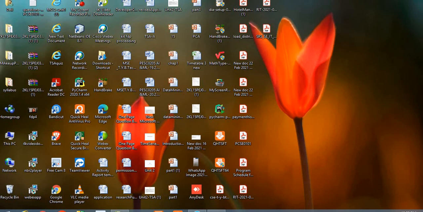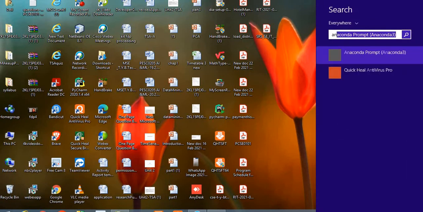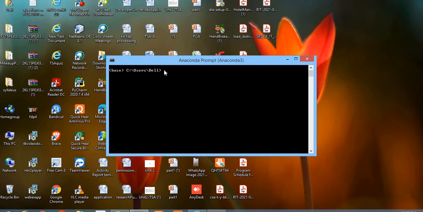Hello students, today the IC component 1 which I am going to give you is nothing but solving a case study using regression. Okay, so I will show you how to implement it using Python Jupyter Editor notebook. I will just open this Anaconda prompt over here. Once it is opened, I'll just write here Jupyter notebook.